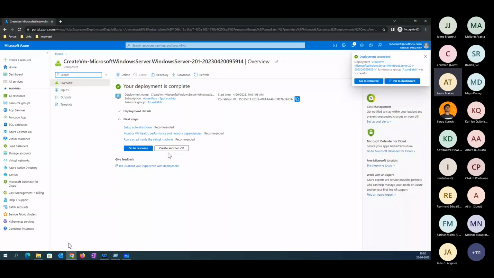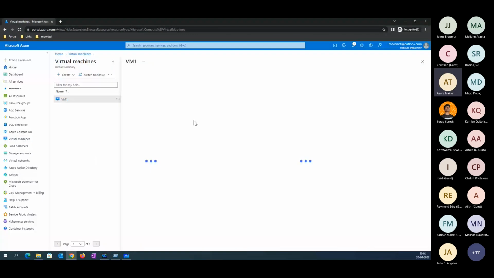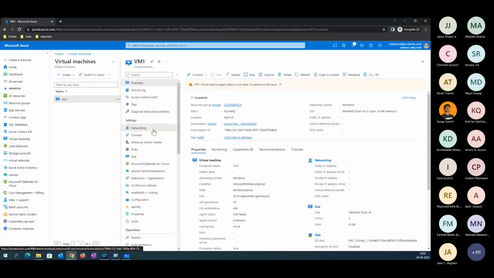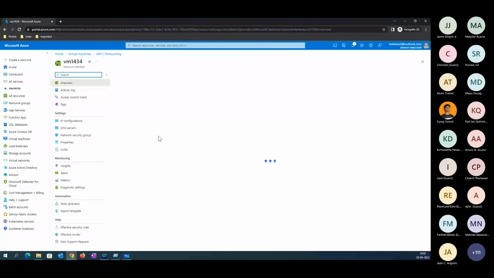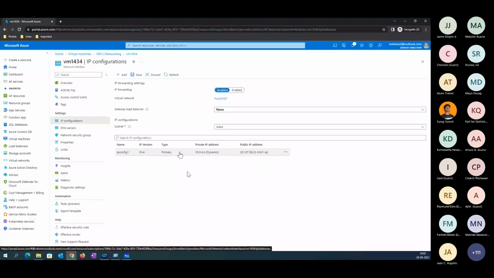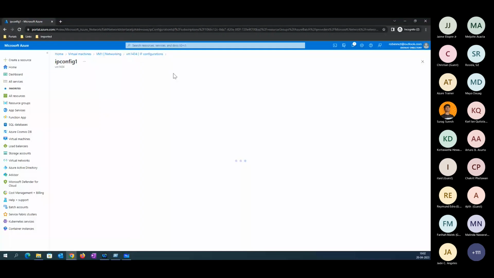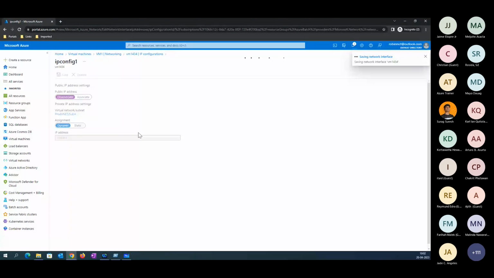Let me remove this public IP address in parallel. Let's wait. Disassociate here. Now I have created one VM in the East US data center.